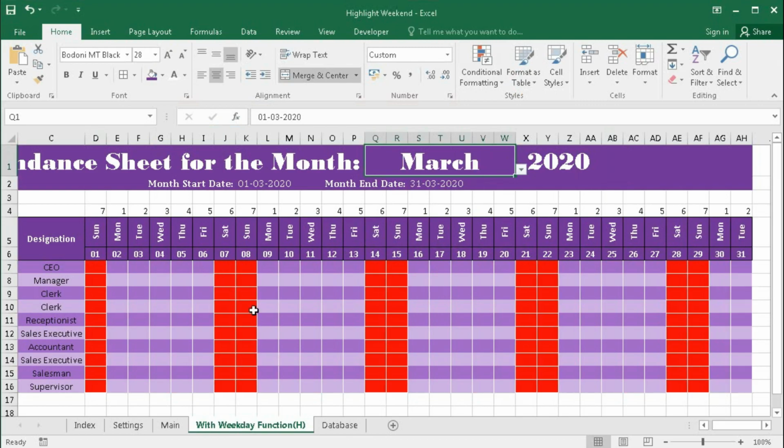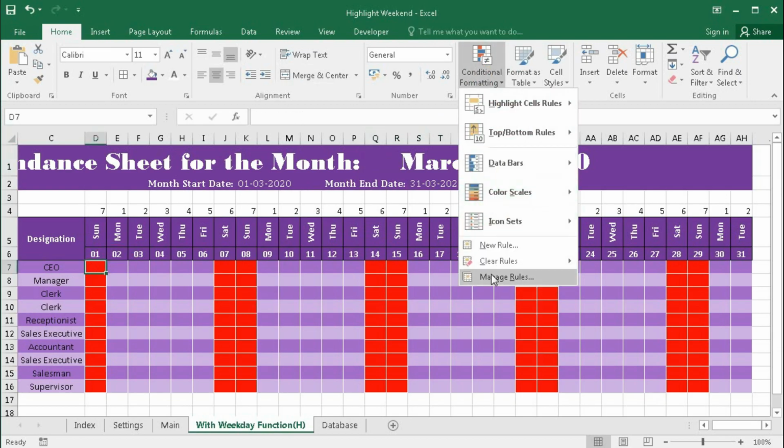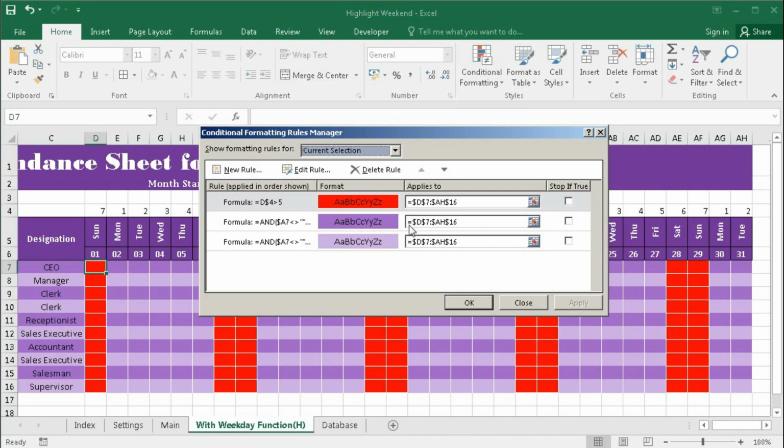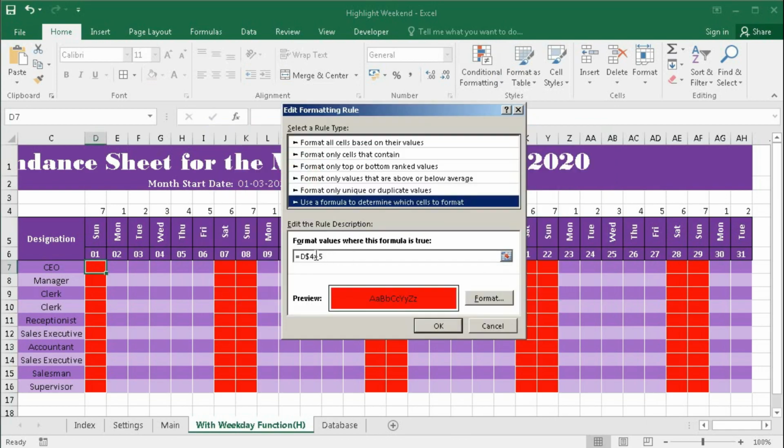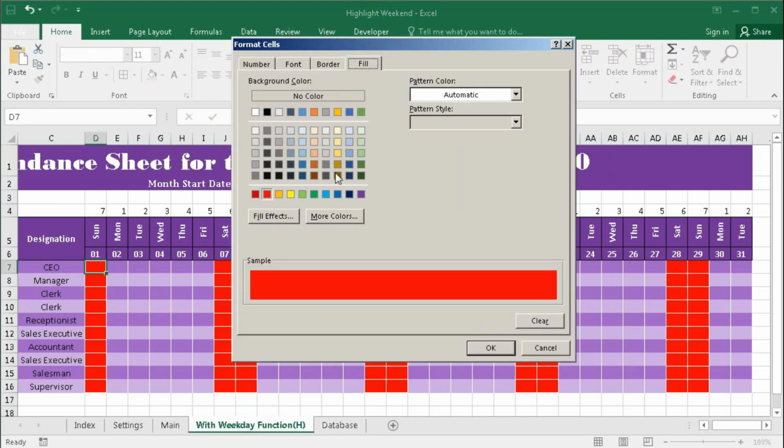So in this way, you can highlight the Saturday and Sunday. If you want to highlight Friday as your weekend, then again go to conditional formatting, manage rule, then select this one and edit rule. Then you type equal to, our Friday is 5. So equal to 5, format it as green color.